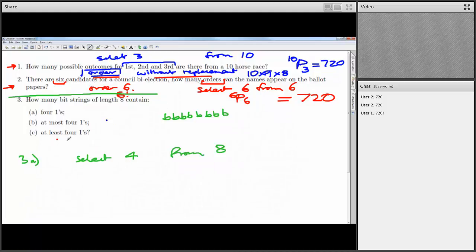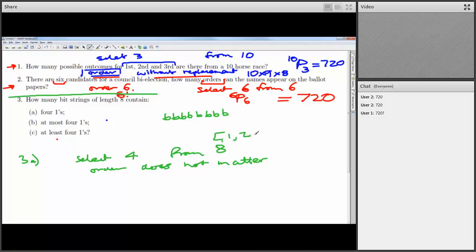So really I'm just picking different positions. So I've got positions 1, 2, 3, 4, 5, 6, 7, 8. The order I pick them in doesn't really matter. It's just what positions they are. So effectively, order does not matter. And what I mean by that is, what I'm really selecting is the positions.